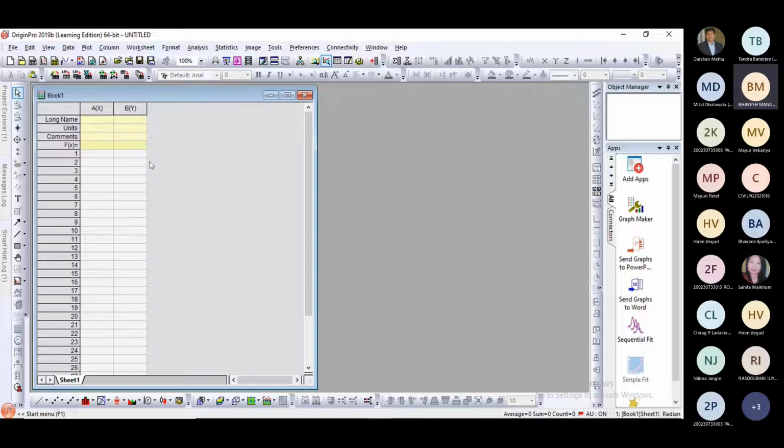Initially, when we start it, we can see only these two columns. Only two columns are there, right? X and Y. We can add or remove columns according to our requirement.